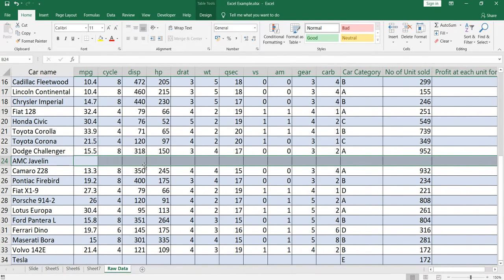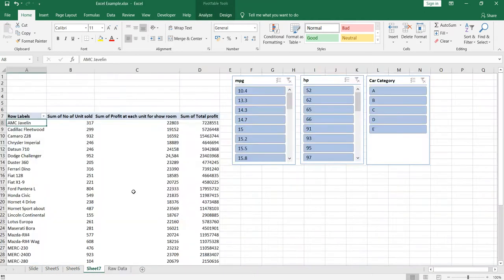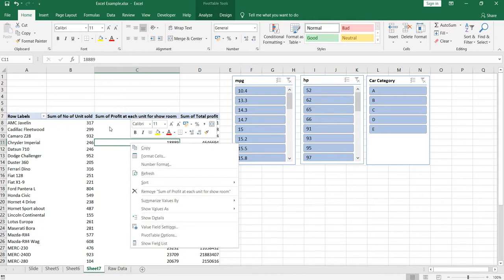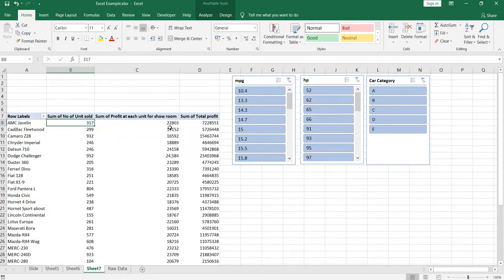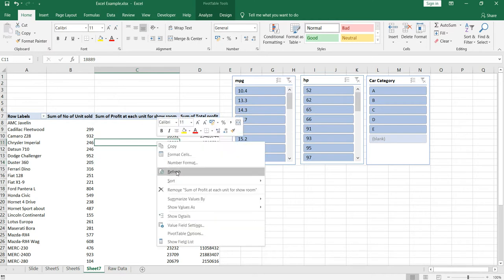Now if I refresh this pivot, everything that is coming here for this AMC, 317, 22,803, should get blank. If I refresh it, you will see that it is getting blank. So what refresh does is that it basically refreshes your entire data which has been used for this pivot table.